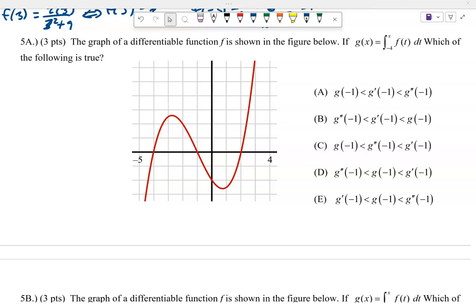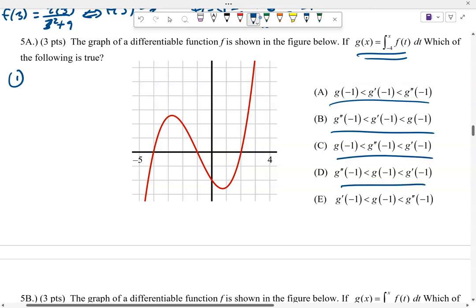If I'm looking at number 5, I'm going to do both 5A and 5B just because they're a creative problem that's testing your understanding of the fundamental theorem of calculus. I really love this problem. If I look at this, the first thing I'm going to do is, well, if g of x is the integral from negative 4 to x, then number 1, before I apply the fundamental theorem of calculus to take that derivative, notice these are all g of negative 1s